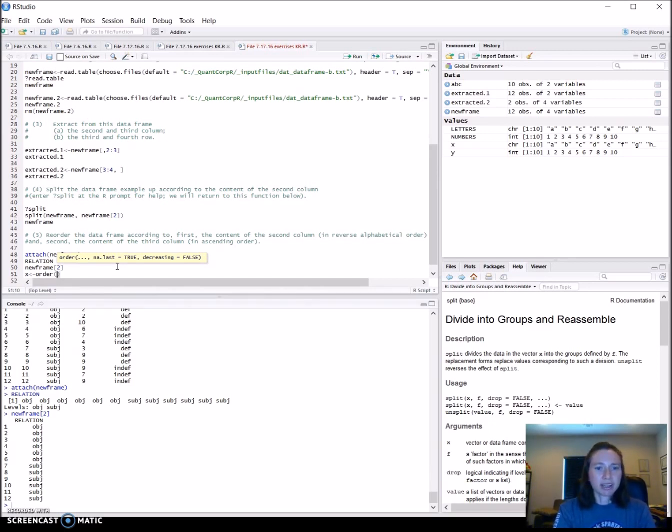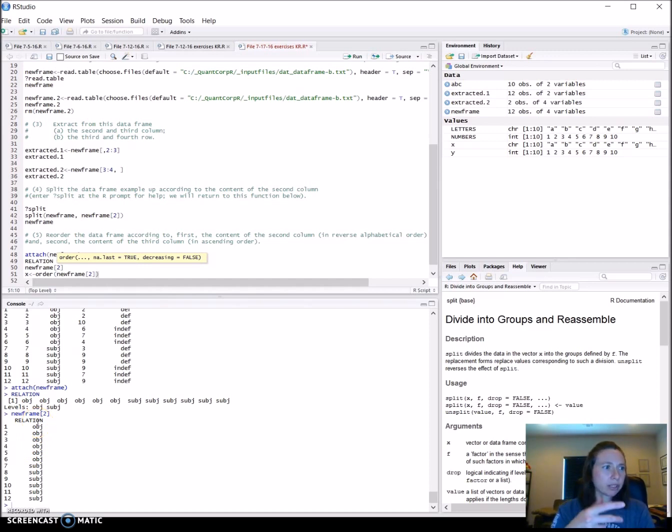So one thing that I figured out as I was working on this, when there's two things that I was ordering by, I had to do them in the same order statement. I couldn't do them in two separate statements. So I'm going to do that. Second column, new frame, second column. All right, so then the other thing that I figured out is why to use rank is when